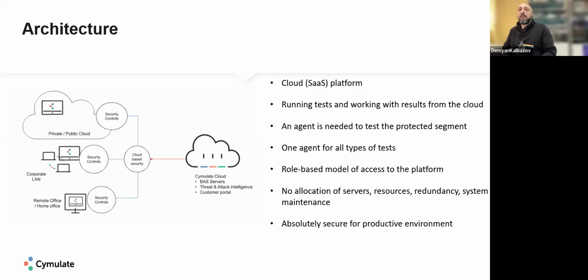The number of testing points or agents is not limited, and according to Cymulate's best practice and design, agents should be deployed on all key and typical segments of the infrastructure to ensure comprehensive testing. So it could be, let's say, the headquarters, all the branches, a typical remote user, and the data center, and of course, the testing environment